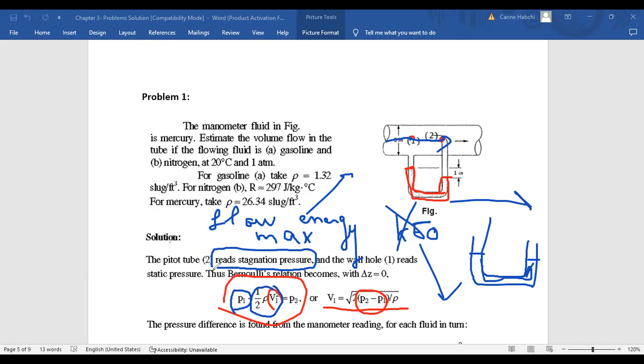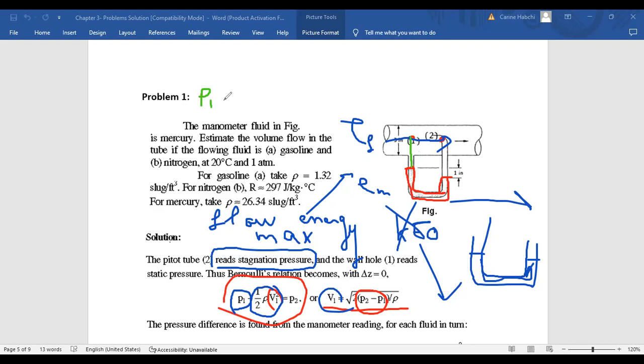So in this problem, we know the velocity V2 is 0, and we want to find delta P in order to calculate V1. To find delta P, we say we have oil or here gasoline first, and then nitrogen, whatever it is, we know the density of this fluid, I will call it rho fluid. And here we have mercury, so here we have rho mercury. Now, as we move down, when we go from point 1 to point 2, first we should move down in the fluid, and we can write P1